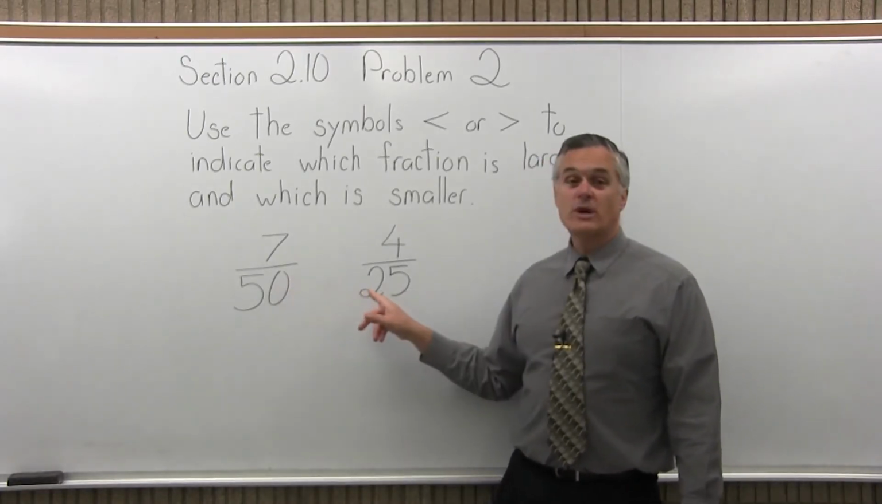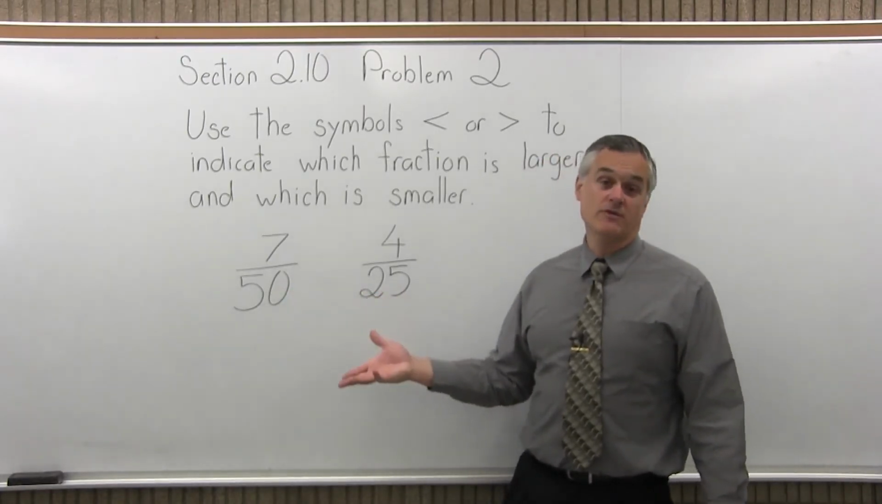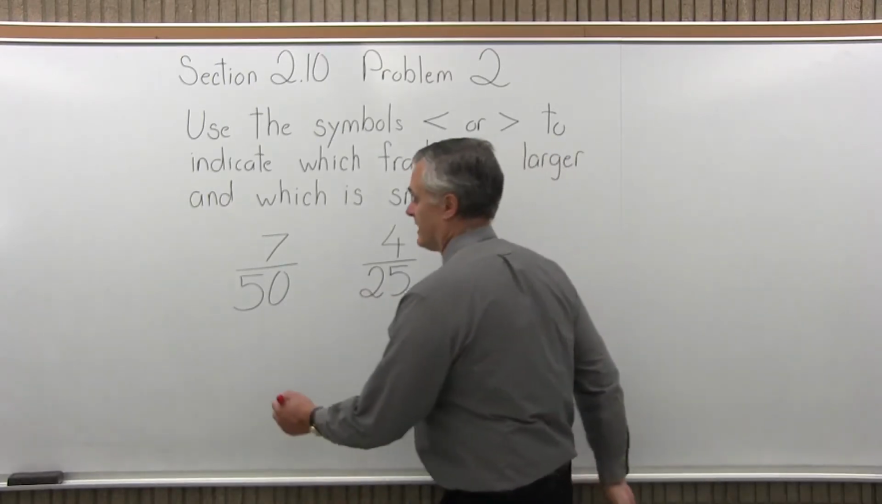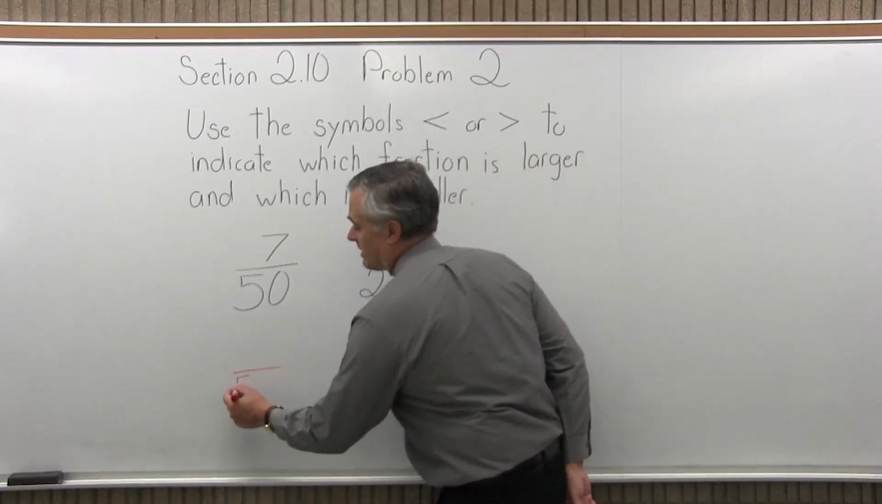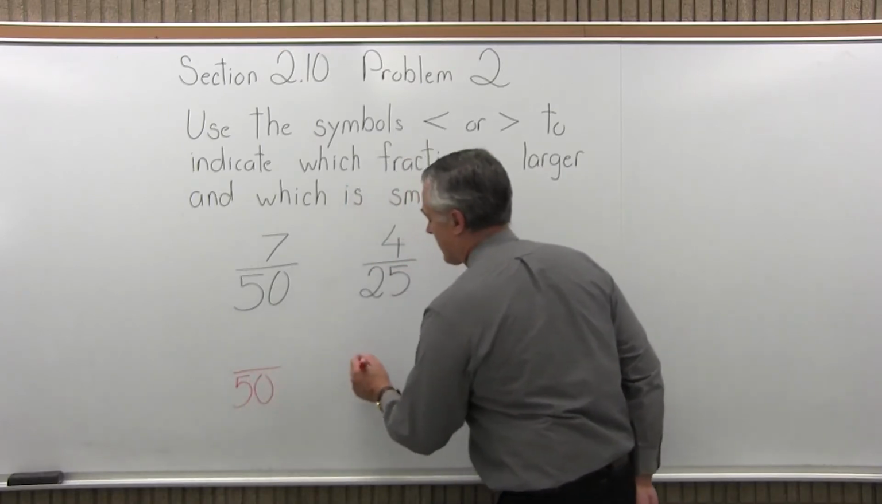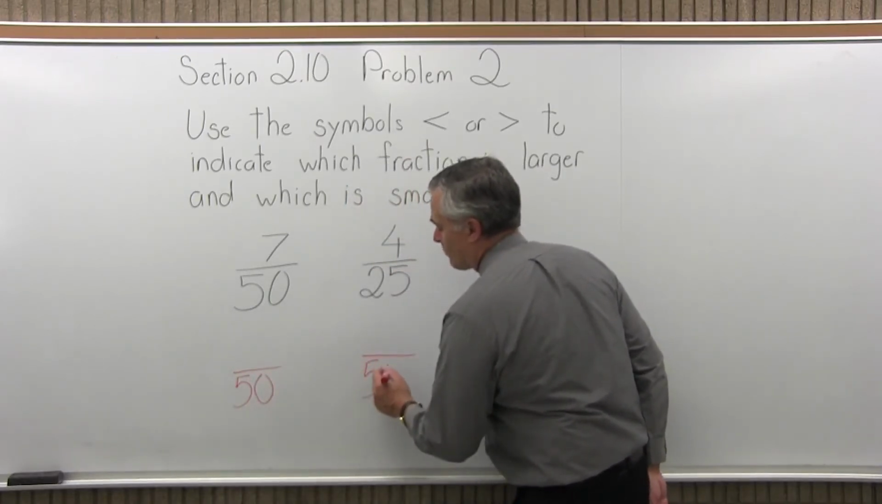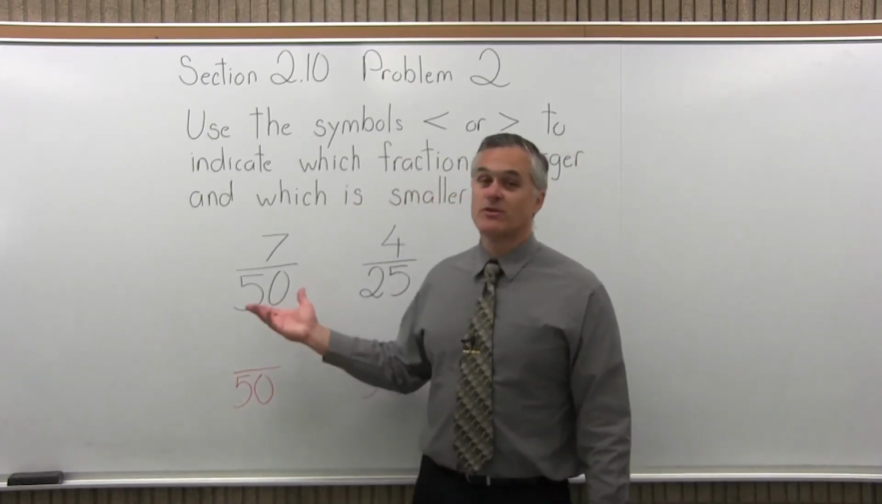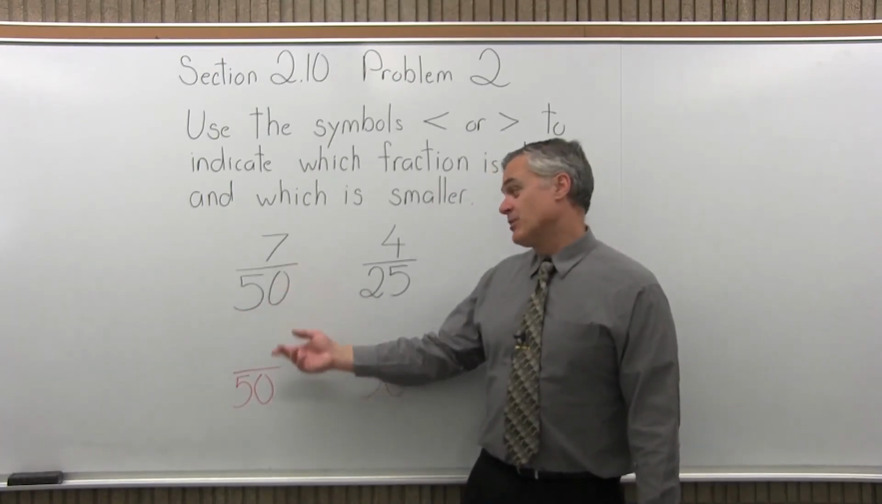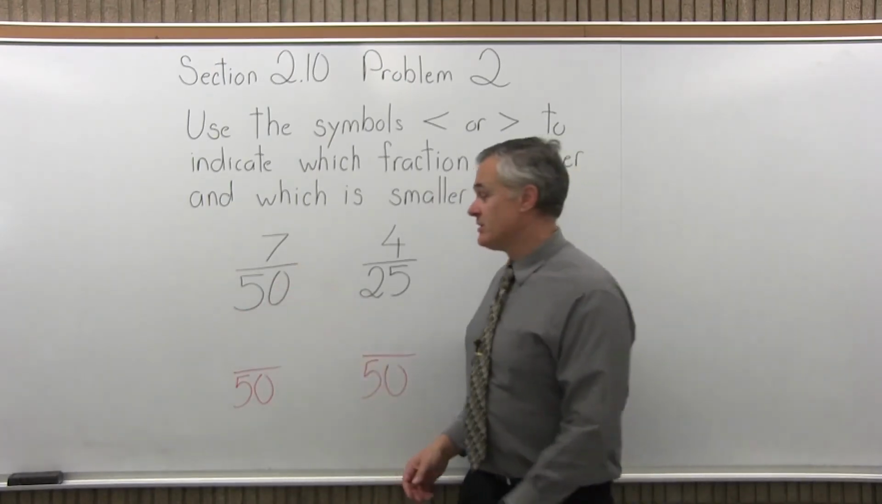So 50 and 25, you need a common denominator. 50 works well. Both numbers divide into 50 evenly. So I'll make both denominators 50. And for the first fraction, 7/50, if I kept the bottom at 50, the numerator can also stay the same